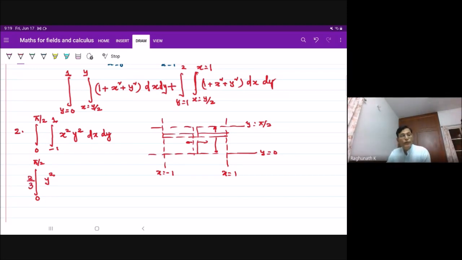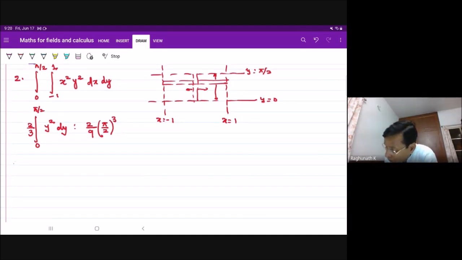X cubed by 3 from -1 to +1 is, yes, 1 cubed minus of -1 cubed, which is 2 by 3 y squared dy, which is 2 by 9 pi by 2 whole cubed is that. Y is equal to 0 is the other limit. Even a change of order of integration straight away, just inverting them, right? Next,